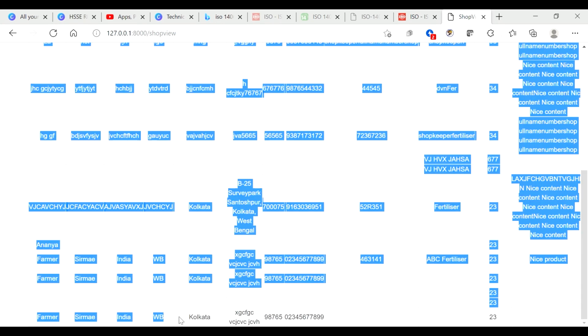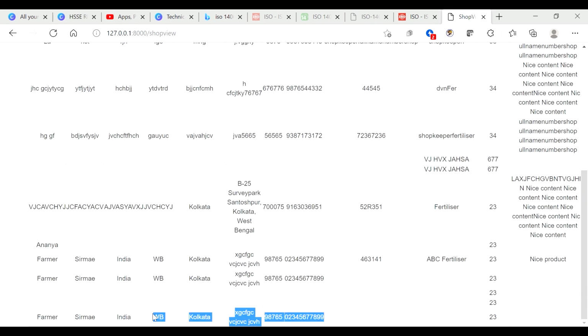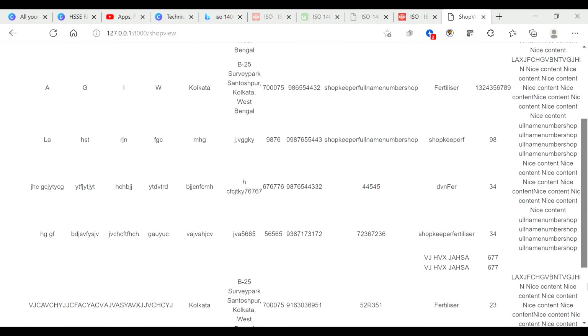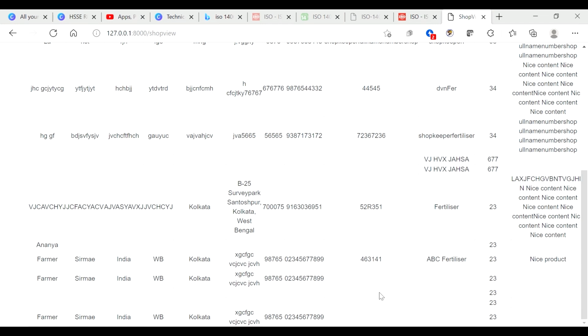The recent one is this one that has been highlighted below. This is the recent order that has been placed. So all the orders get placed over here. The farmers place the order from the front end. The order gets saved in the back end, and from the back end the data is fetched to the front end of the shopkeeper.